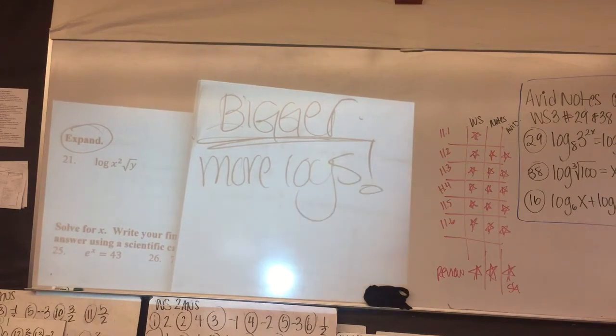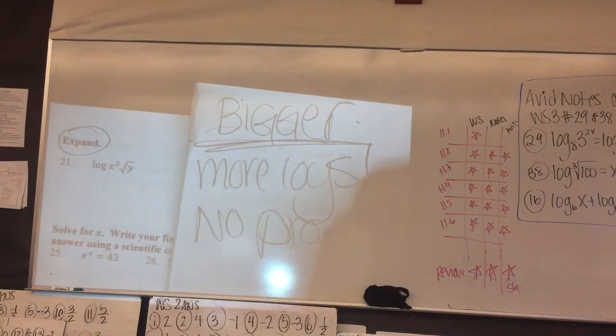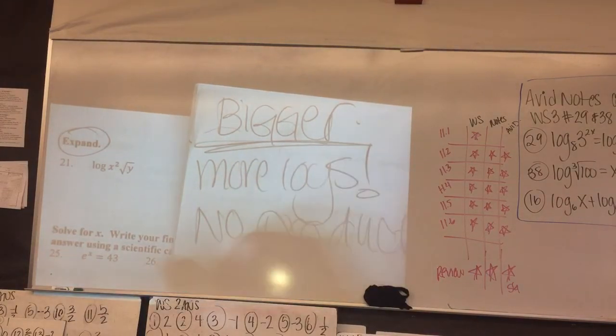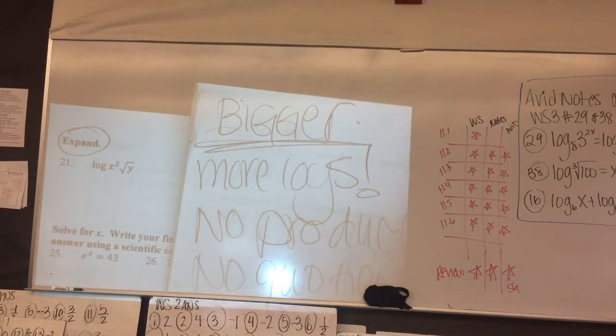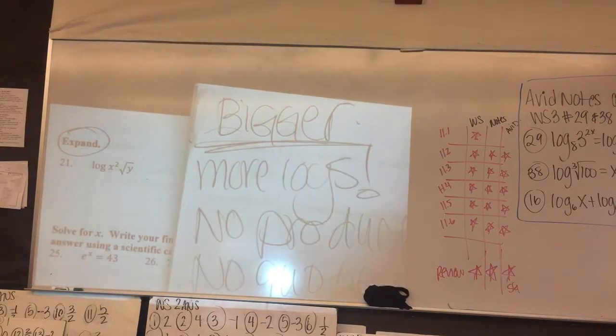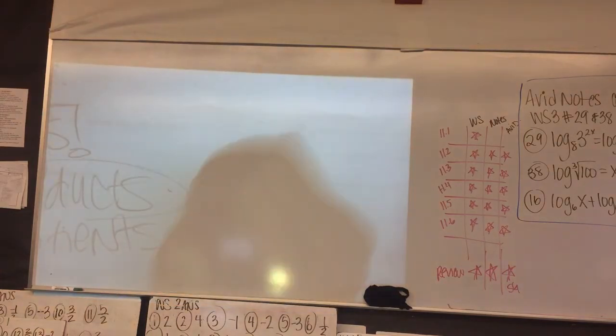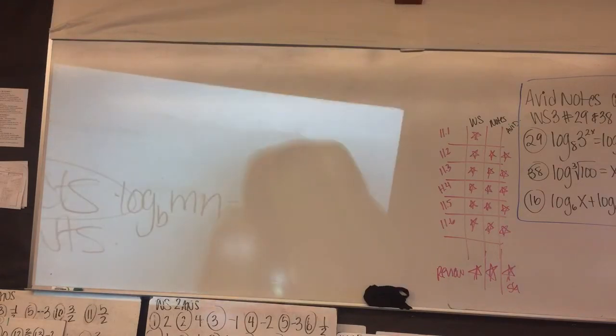The rules are: no products. No quotients. Those are the first two. So I have a product, I don't have a quotient, so I need to separate the product. To separate a product, there's a property. It says that if I have something times something, then I can separate it to the sum of two logarithms,